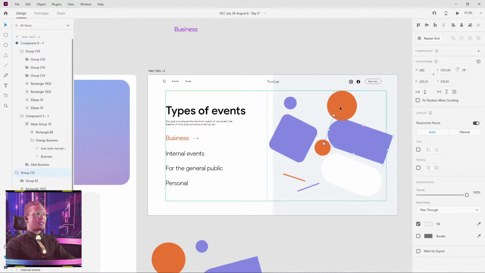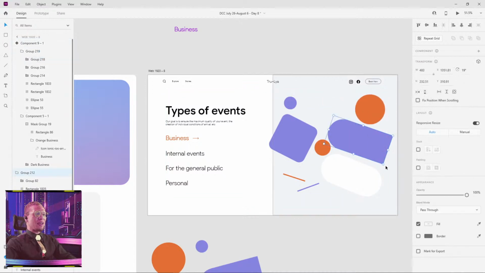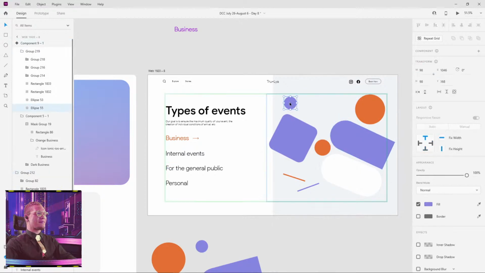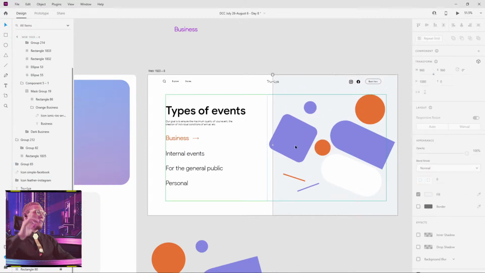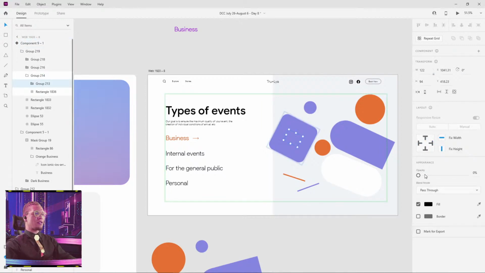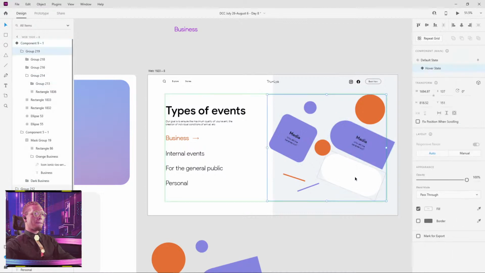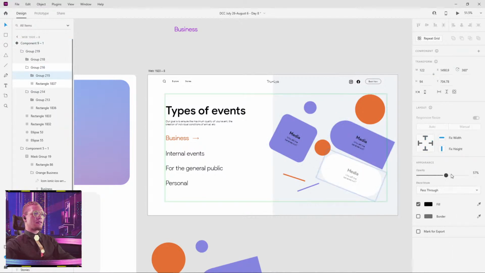Ooh, that's worrisome. That's not even in the group. Oop, I forgot to group one, guys, but it's okay. Concept still stands. All right, and now all I'm gonna do is in our spots here, I'm gonna just make sure I turn the opacity up for all of our text here.